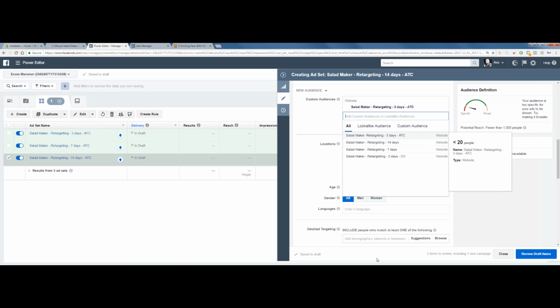And we go back and after we're done with the 3 audiences, we're just gonna save the draft and review it and launch it because the ads are gonna be exactly the same. Then we open another campaign for initiate checkout. We do the exact same process again for initiate checkout. Clear?